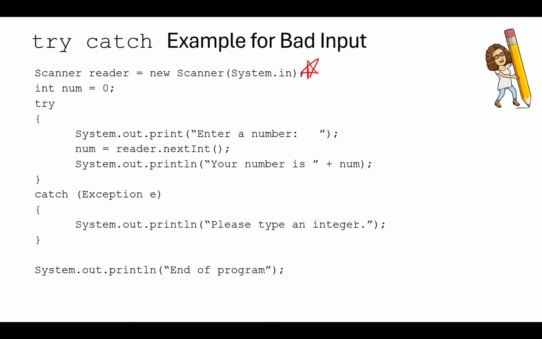We're going to say, please type in an integer. After the try catch, we're going to say end of program. So let's say the user types in a number. Let's say they type in 13, right? So please enter a number 13. That means num becomes 13, right? And then we'll system out print your number